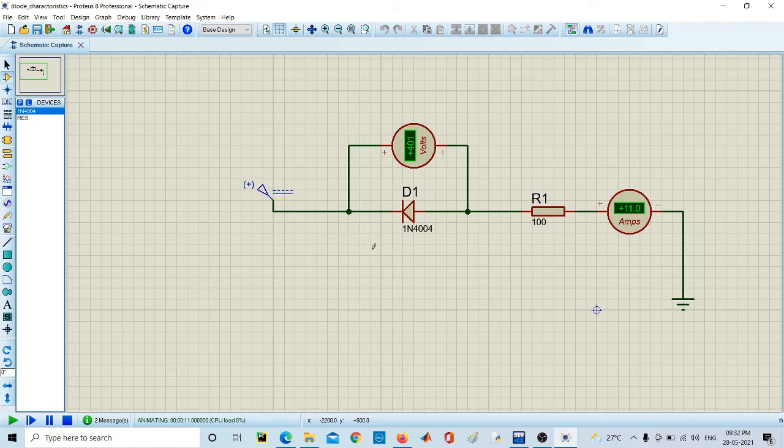This value can vary according to the applied input DC voltage. But at a particular voltage the diode will break down, and the current through the diode will suddenly be maximized, and the voltage will be constant after that breakdown point. That's all for this circuit. I hope you all understood.